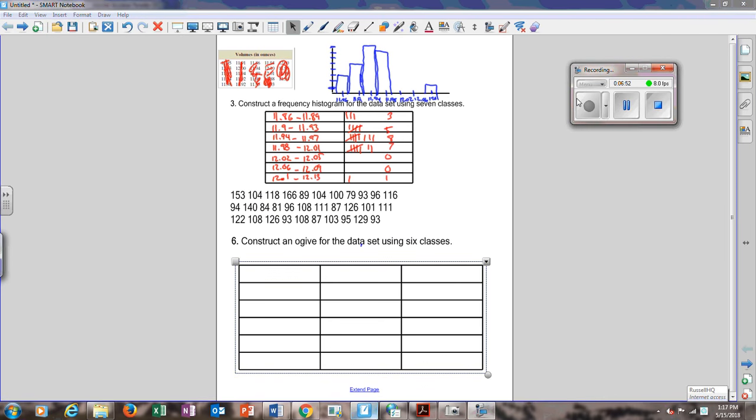Okay, so for this one we have to construct an ogive. In order to do that, we have to find our classes, our frequency, and our cumulative frequency. If we start with our lowest number, that's 79, we do 166 minus 79 divided by 6. It gives you 14.5, so you round up to 15. So our first class is going to start at 79, then add 15. It's 94, then 109, then 124,